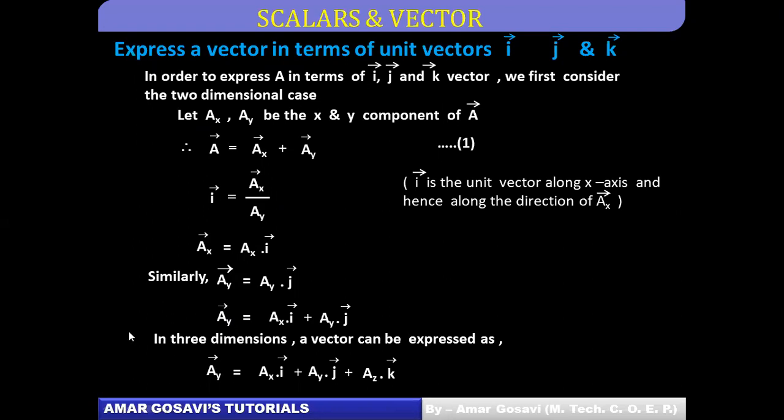So this is the way we represent any vector, say a bar, in 3 dimensions. Now in our problems, this a bar can be a force vector represented by f bar. It can be a displacement vector represented by s bar. It can be a velocity vector represented by v bar. So all these quantities are to be represented in 3 dimensions, friends. So this is how you represent a vector.